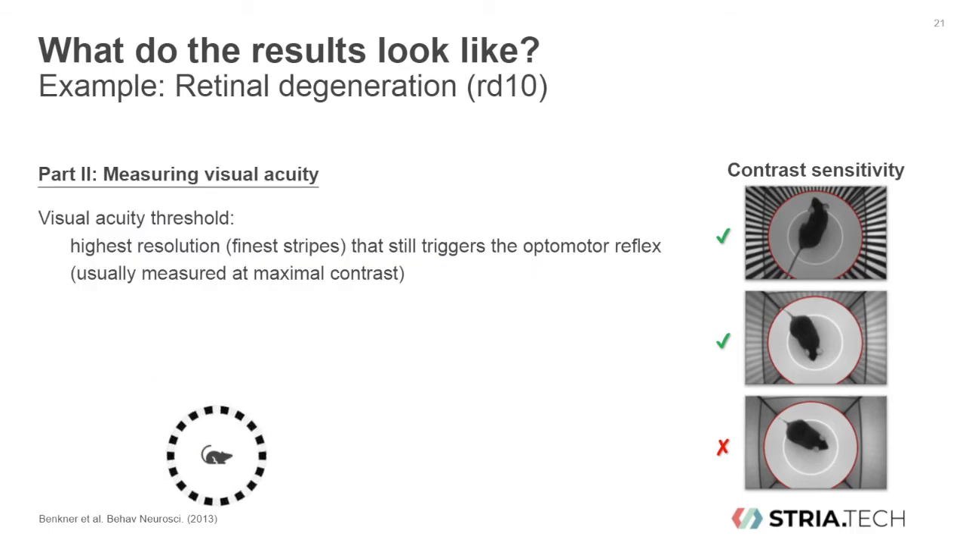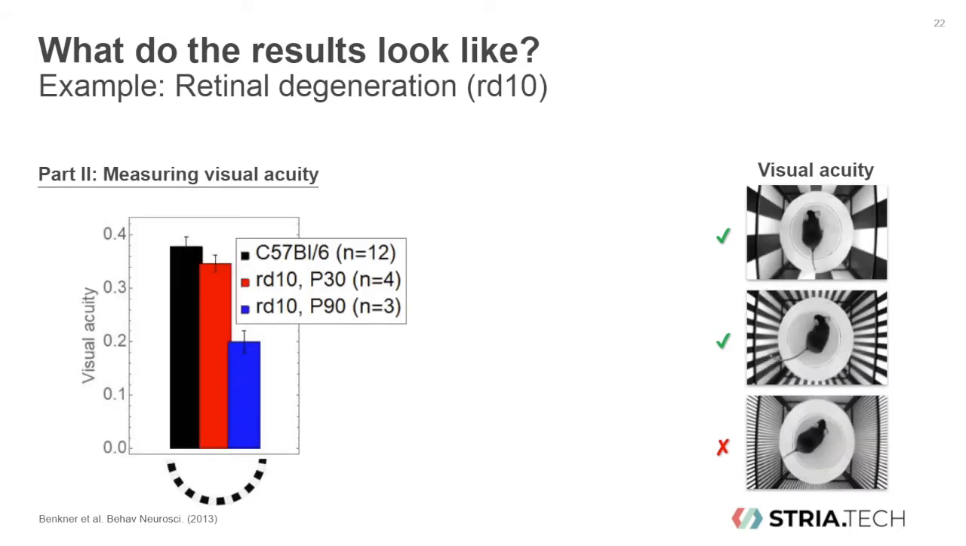Next, let's have a look at measuring visual acuity. The visual acuity threshold is defined as the highest resolution that still triggers the optomotor reflex. Usually, this is measured at maximal contrast. This graph shows the visual acuity threshold for wild-type animals and young and old RD10 animals. Again, you can appreciate that the vision of RD10 animals is impaired. This is how you often find the results for visual acuity represented in the literature, and we will also see examples